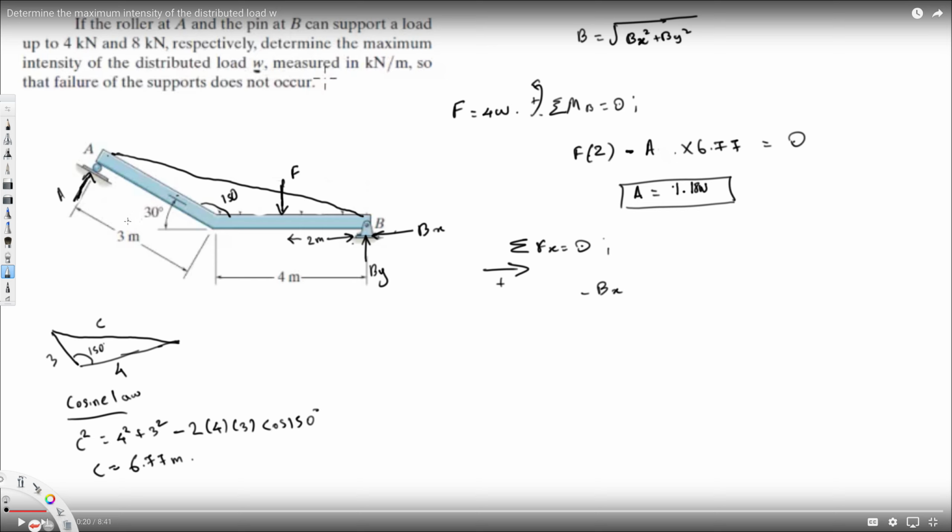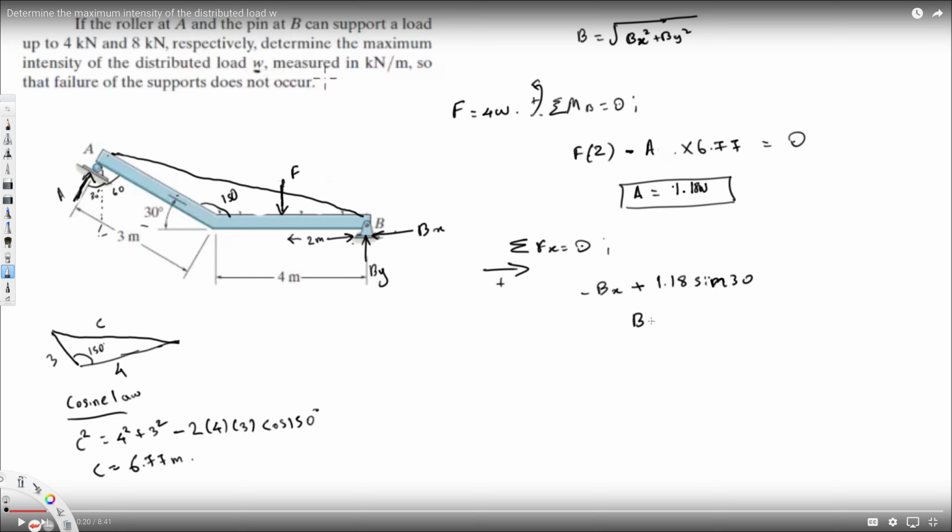We have to know this angle, so let's see. If I take this triangle right here, if this is 30, this is going to be 60. If this is 60, this is making 90 degrees with this one, so this is going to be 30. Then we know it's 30 degrees, and we have to find the horizontal component. Therefore I have to take A sine 30. So this is going to be in the positive direction, plus A sine 30. If A is already known, 1.18 sine 30,